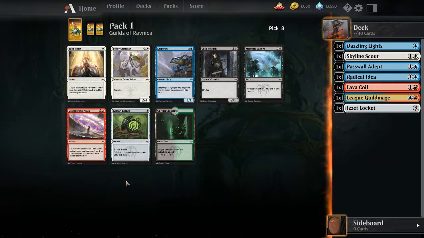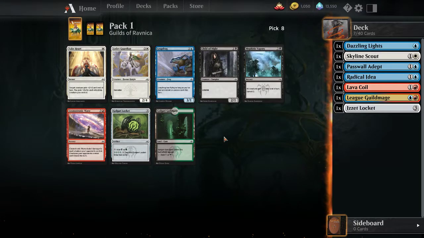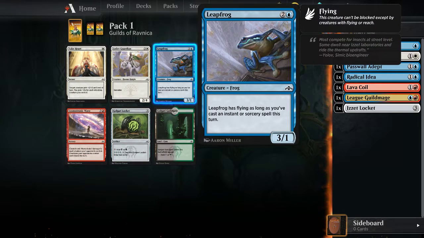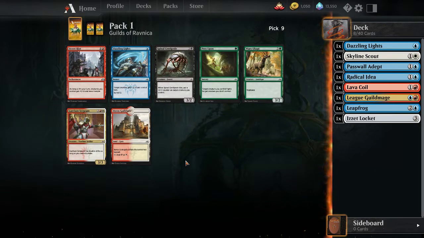Cosmotronic Wave and Leapfrog. I do really like Cosmotronic Wave. Leapfrog is also good in these blue-red decks. So I would not fault you for taking either card. We'll take the Frog. The Frog can put a lot of pressure on. Flyers in this format are really good. There's a lot of creatures that are like 1/3s, 1/4s that block up the ground, so the Flyers can actually